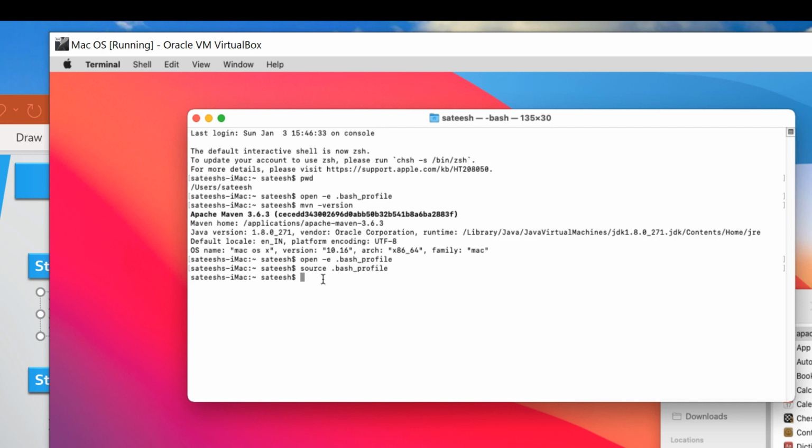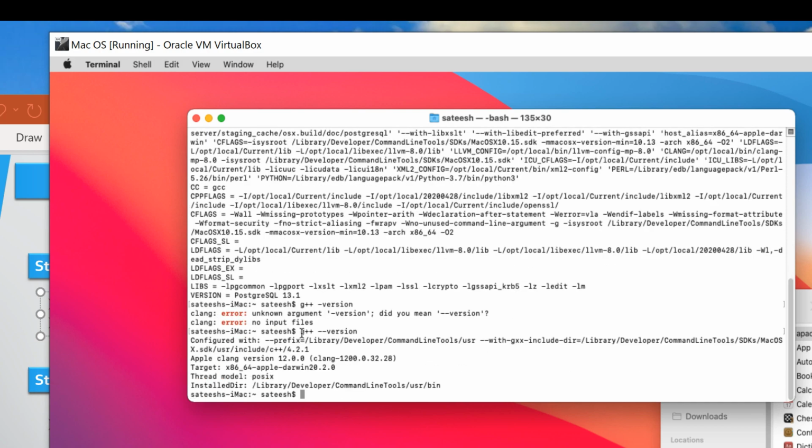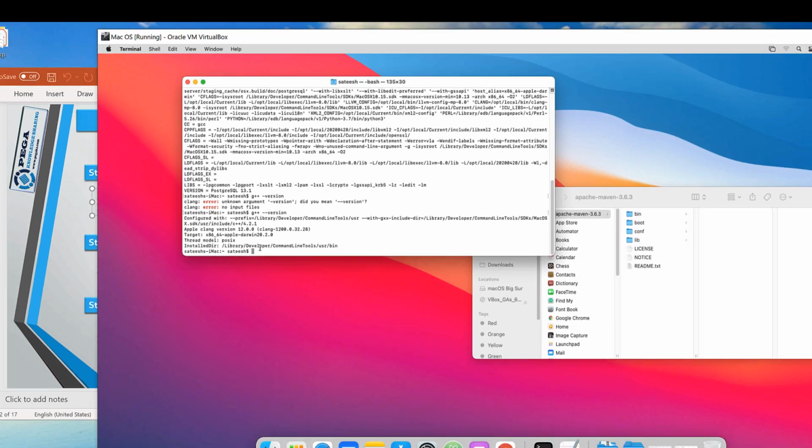Once you source the terminal, you can execute the command pg_config. You can see the command is executed.